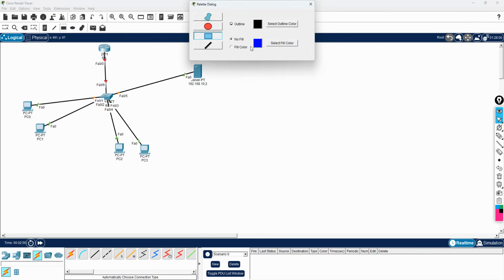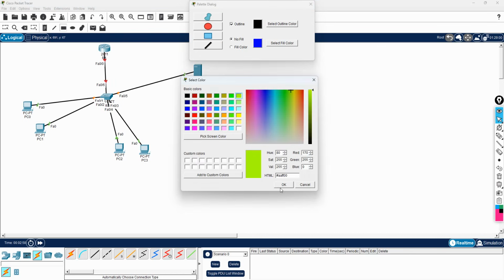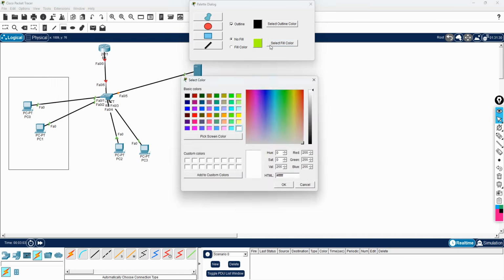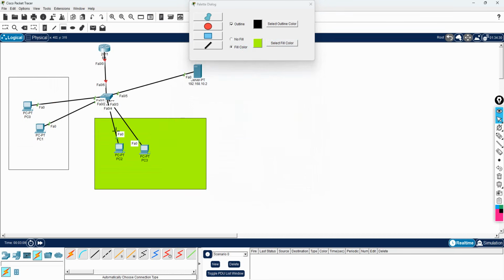And here what I will do, I will put some color. So by seeing that color, we can say this belongs to which VLAN. So this is without color. And now I will take some different color for VLAN 20. So we can say this is VLAN 20, that is VLAN 10. I will write here whatever subnet we are planning to use. I can say VLAN 10 name I can give as IT, and here we are going to use the subnet 192.168.10.0/24, and gateway we will use here